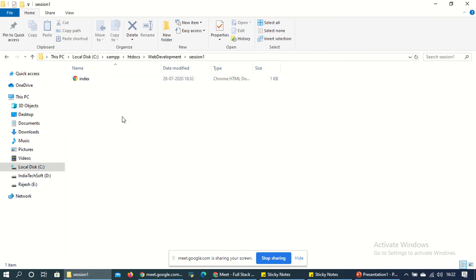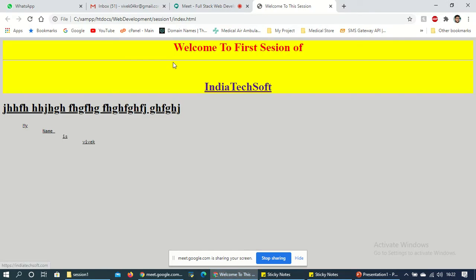I'm going to run this file normally, without starting the XAMPP server. The file is there, and yesterday we created it like this. We'll go through the next part in this index file. Now I'm going to start my server.